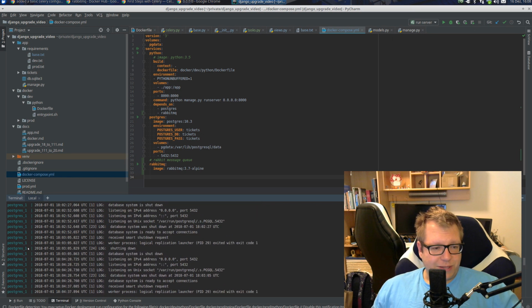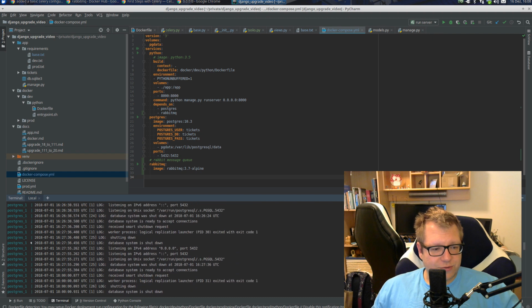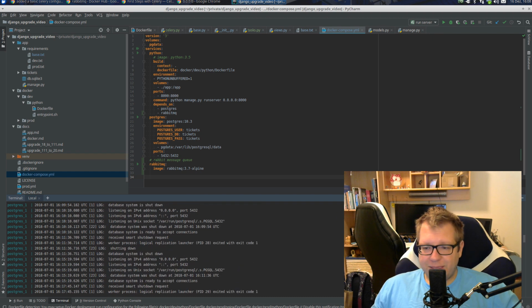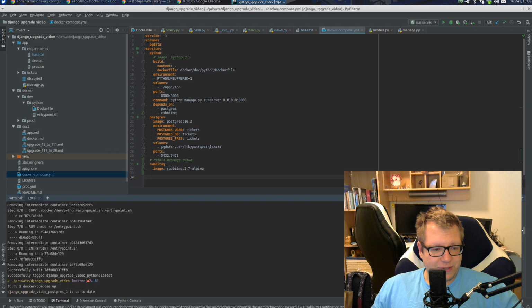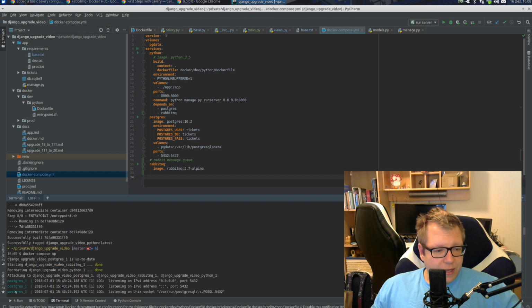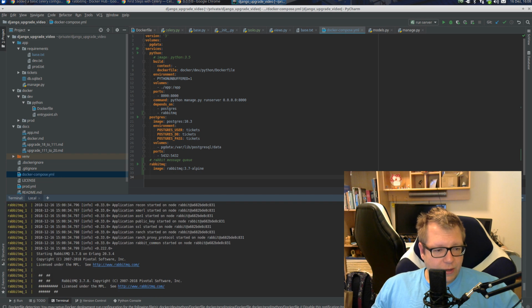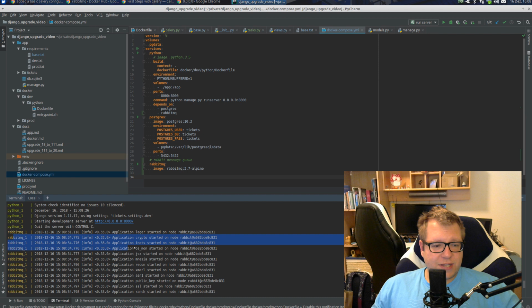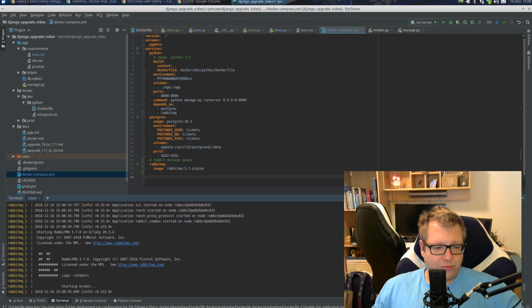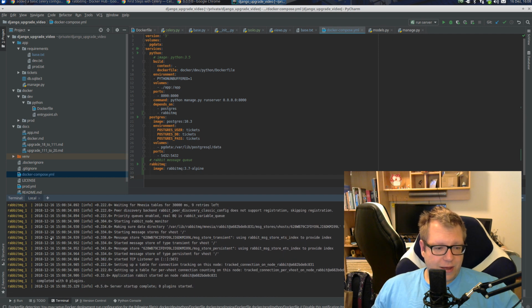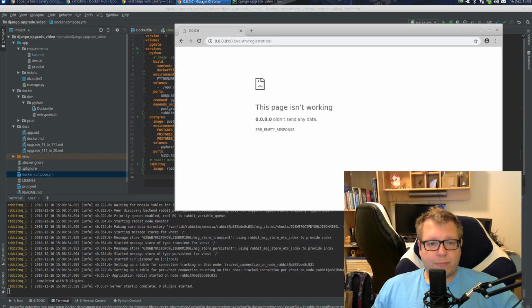There we go. No, that's Python. Postgres. That's probably fast if I scroll this way. It's starting the RabbitMQ server and it says done. Oh yeah, there we go. It took a while. It should say some messages. It's starting some other modules for RabbitMQ and it is running. There we go. If we now resubmit our form,